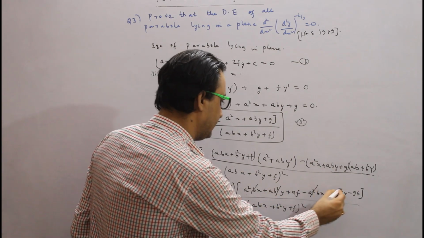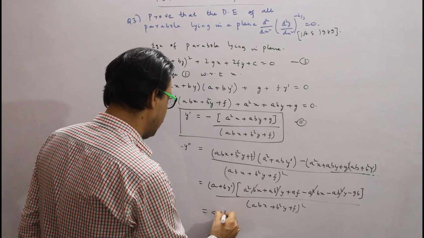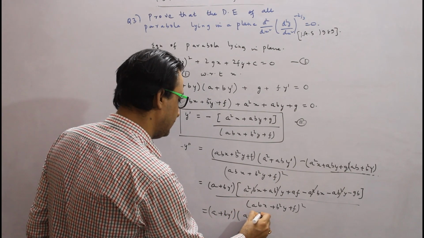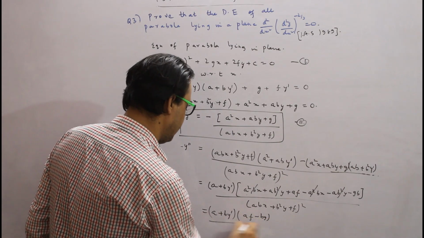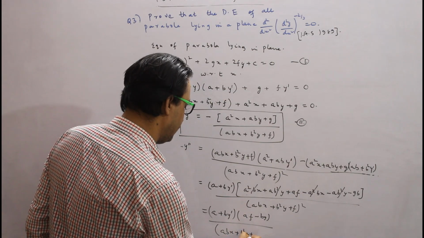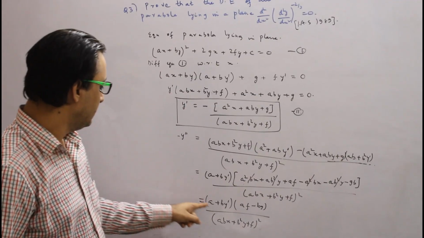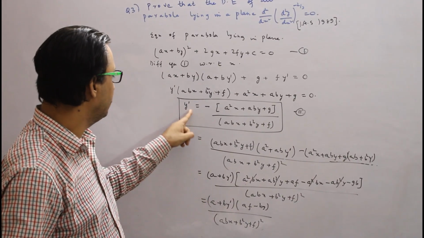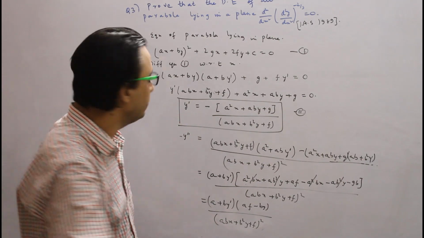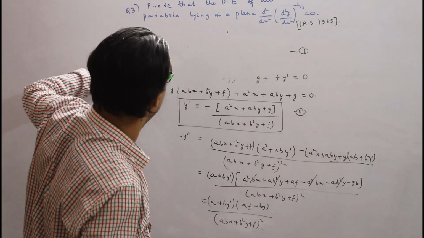We can cancel this and cancel this one. So we are left with (a + by') into (af - bg) divided by (abx + b²y + f) whole square. Now I will put here the value of a + by' using this one. So I will need to compute this part. For doing that, I will erase this portion,